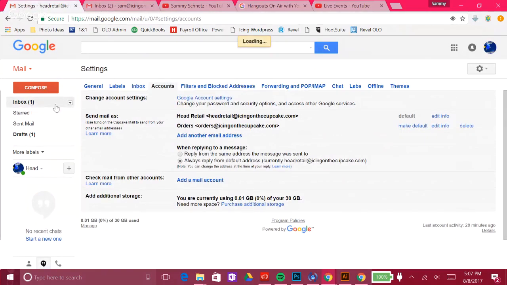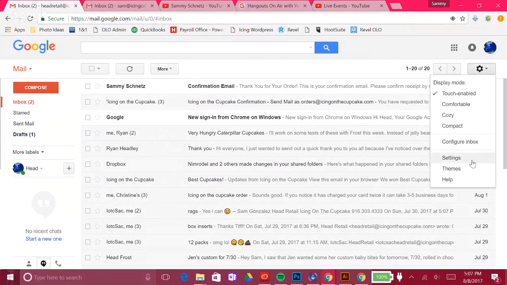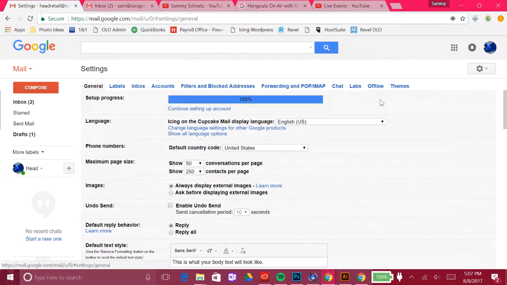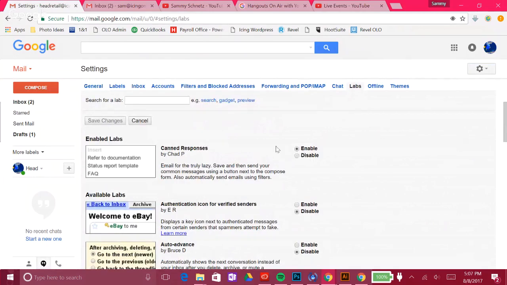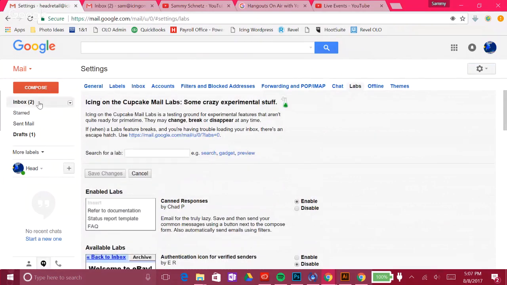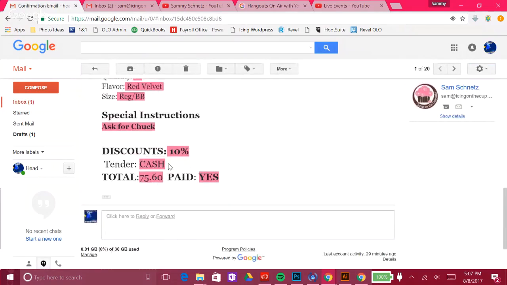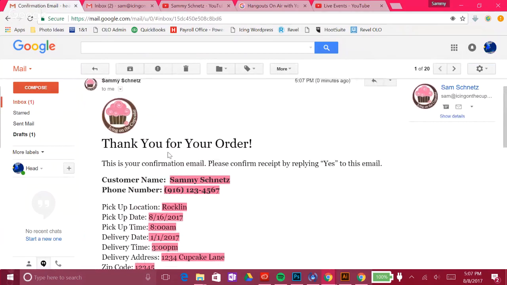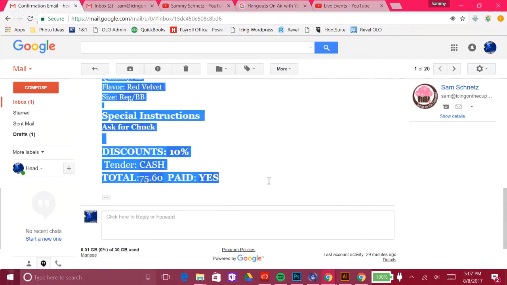Okay, so second part of this process, setting up a canned response. So first you're going to go to your settings again, just to make sure that your canned responses are enabled. You're going to go to labs, canned responses. Okay, they are enabled, so that's good. All right, so then we're going to go back to inbox. So you're going to open this email that I just sent. Before you enter this process, I will be sure to send this email out to you so you have this ready to go. So you're going to copy all of this,